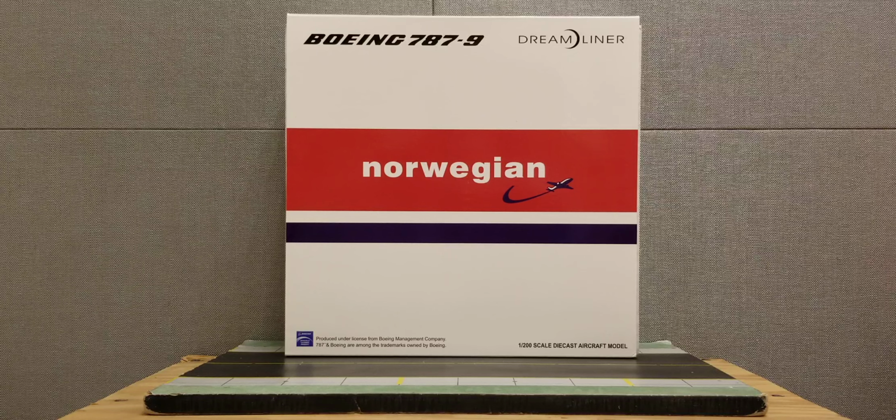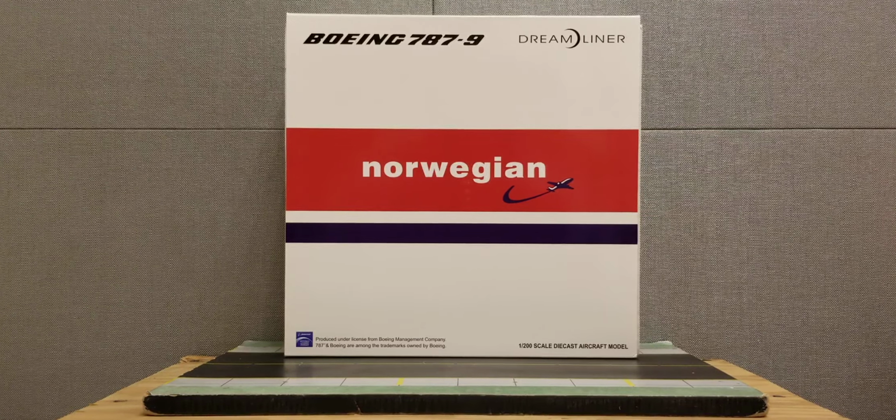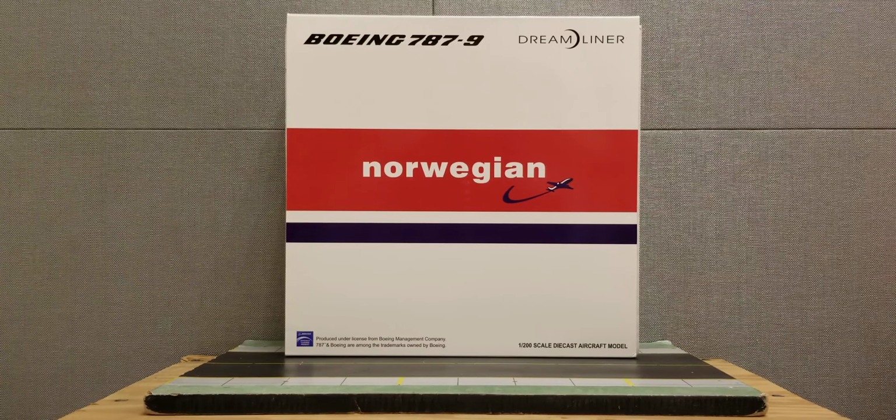Norwegian Air Shuttle also has operational hubs that are located at Bergen Airport, located in Flesland, Bergen, Norway, Stavanger Airport, located in Sola, Norway, Alicante Elche Airport, located in Elche, Spain, Barcelona El Prat Airport, located in Barcelona, Spain, Billund Airport, located in Billund, Denmark, Helsinki Airport, located in Vantaa, Finland, Gran Canaria Airport, located in Telde, Spain, Malaga Airport, located in Malaga, Spain,